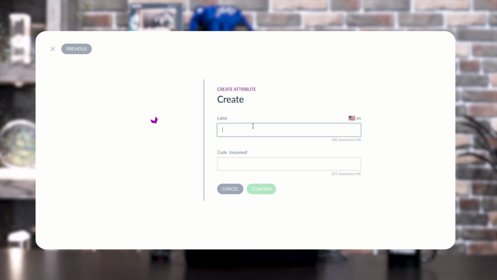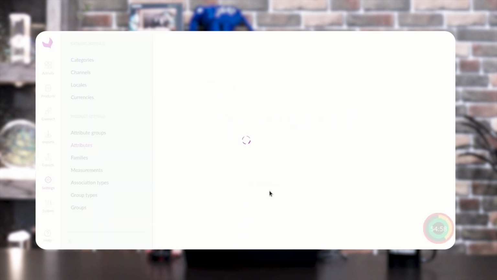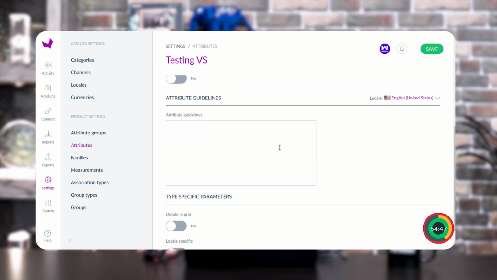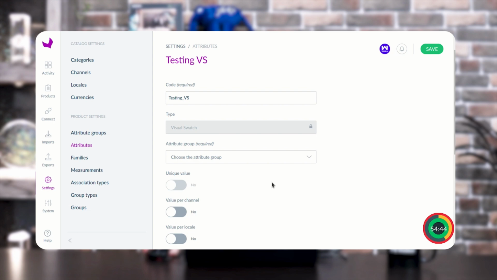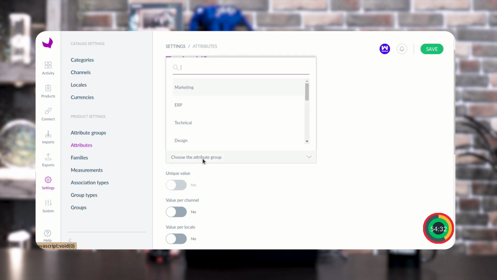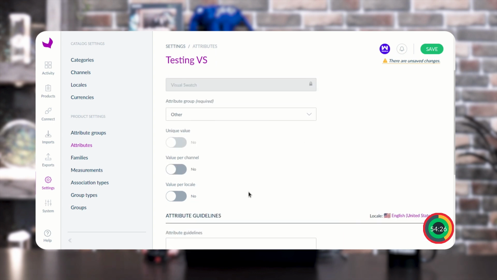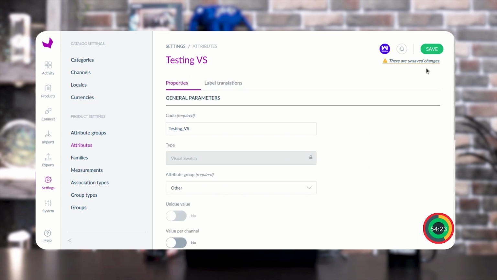As you can see here, I am creating an attribute. After that you just need to tap over the confirm option, and accordingly the attribute will be displayed on the screen as you can see here. Now you can see we have multiple options here. You just need to provide the required details, as after creating the attribute you need to assign that particular attribute into the groups. So here I am choosing a group, I have chosen the other group option, and after that I just need to tap over that save option.